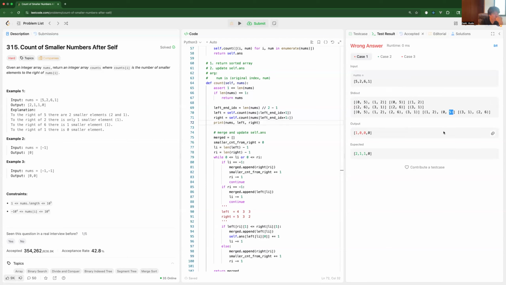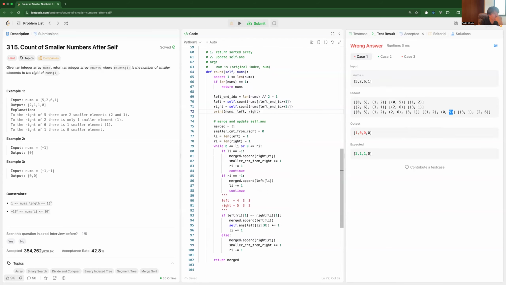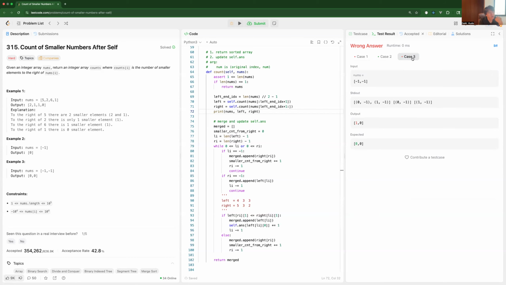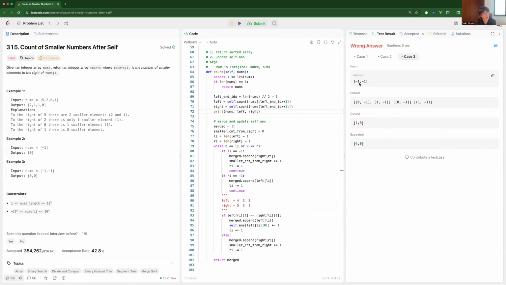Hmm. So firstly, taking a look at this output. Output is sometimes smaller than expected and sometimes larger than expected. And in this case it is completely smaller than expected. But maybe when we take a look at this, because I can debug it more easily with a smaller example. So when I split it into this,